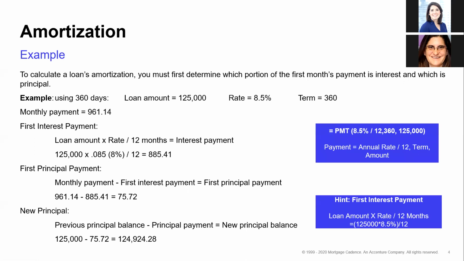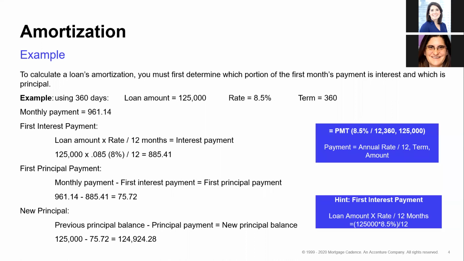So let's do an example. Now, when you see in these boxes something like this, equals whatever, those are my Excel hints. So if you would like to type something into Excel in your other spreadsheet or your other monitor, you can do that. But the idea of amortizing a loan is a portion of your payment is devoted to the principal, meaning that chunk you initially borrowed, and a portion of that payment is devoted to the interest, meaning the cost for having borrowed it.